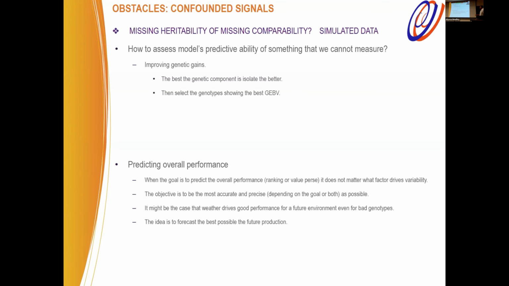So that's kind of the idea of the different approaches. As breeders, we might be more interested in the first one. A private company that wants to do business with somebody else might be more interested in the second. It doesn't matter what the omic is that targets the variability.